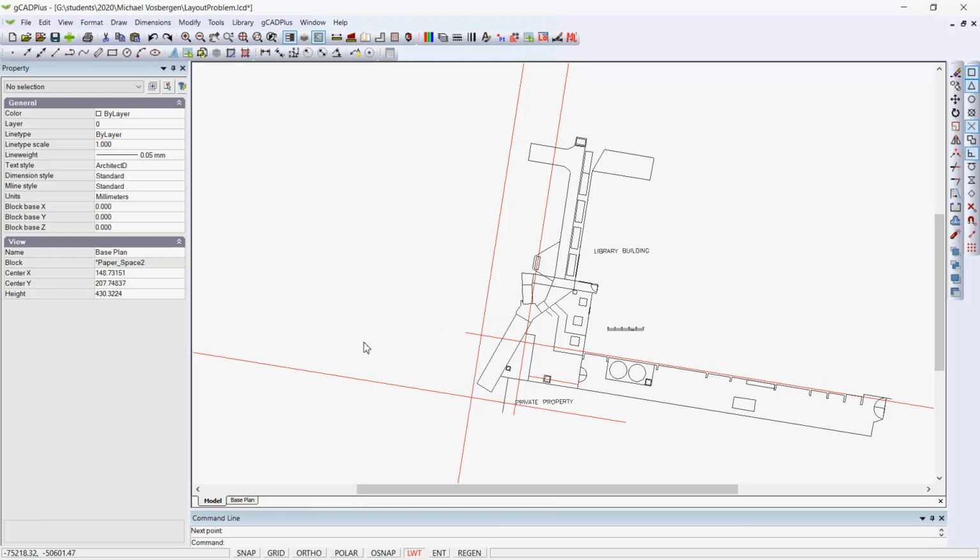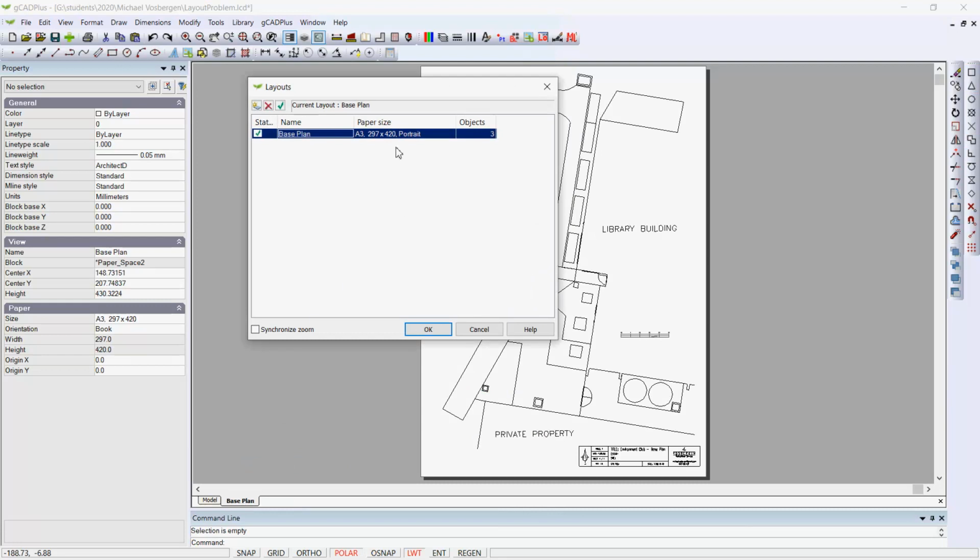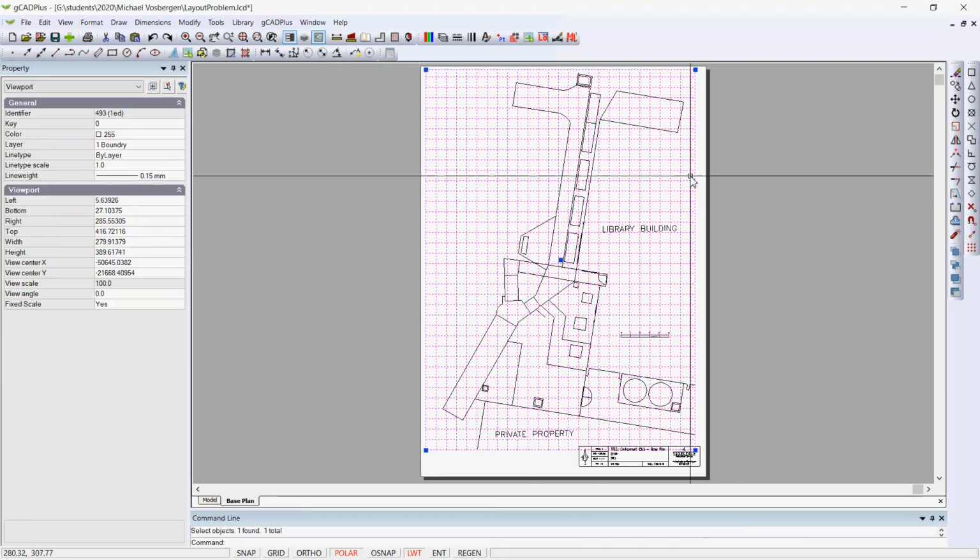Well, the design that you see here is some 40 meters by 30 meters. So if we say how big is it from there to there, it's about 55 by about 40 meters. And if we go into the layout and have a look at the layouts manager, you can see it's an A3 sheet. I'll select the floating viewport and I can see that a view scale of 100 has been set,